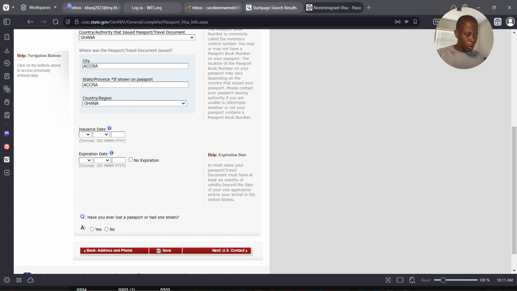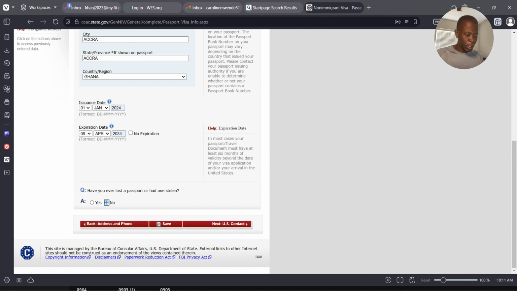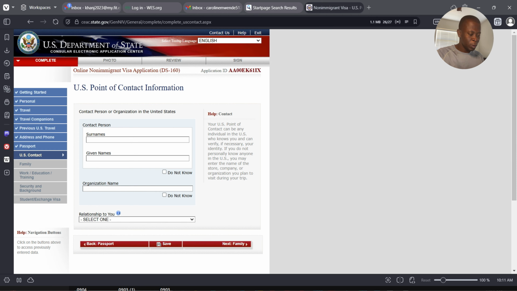So check, there could be the passport number, sometimes the book number, but over here I'll just choose not apply. So issuing date, I'll come back here again, choose this, use last year. So here, use that, no. So here,